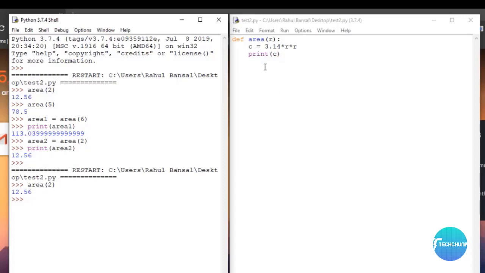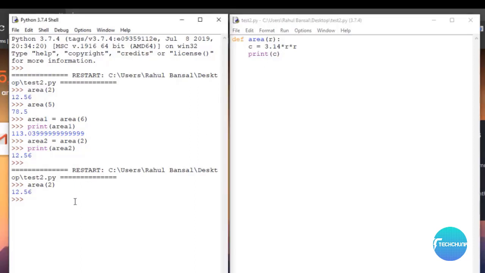Here we didn't use the return statement, so it is actually printing that value. Firstly it calculates the area and assigns it to c, and then it prints that value. Here there is no return statement, so it is not returning anything. In the previous area function, which had a return statement, we assigned the value returned by it to a variable, but in this one there is no return, so it is not returning any value.